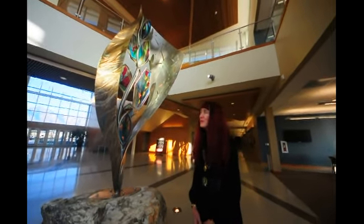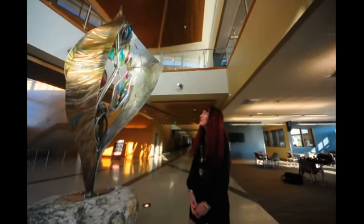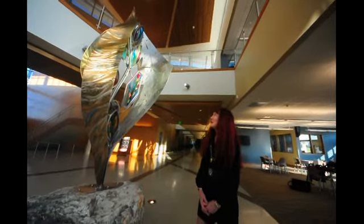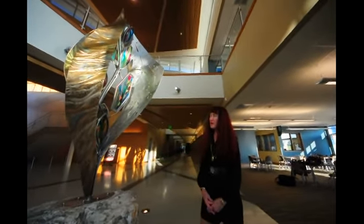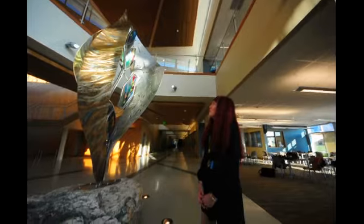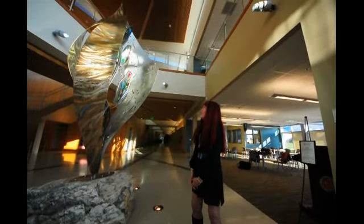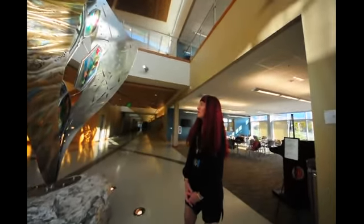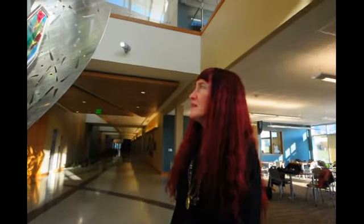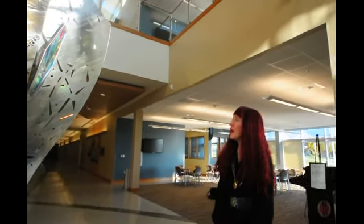The work is meant to symbolize a sense of growth, a sense of spiraling energy, a sense of developing creativity, of moving forward, of inspiring to aspire for the students here and the people that use this facility. I wanted to have a really light, buoyant kind of energy, even though this piece is made from stainless steel and hot forged bronze and glass and probably weighs about 1,500 pounds. It has a real light and uplifting sense of hope and a glowing kind of aura about it that I hope has a spiritual